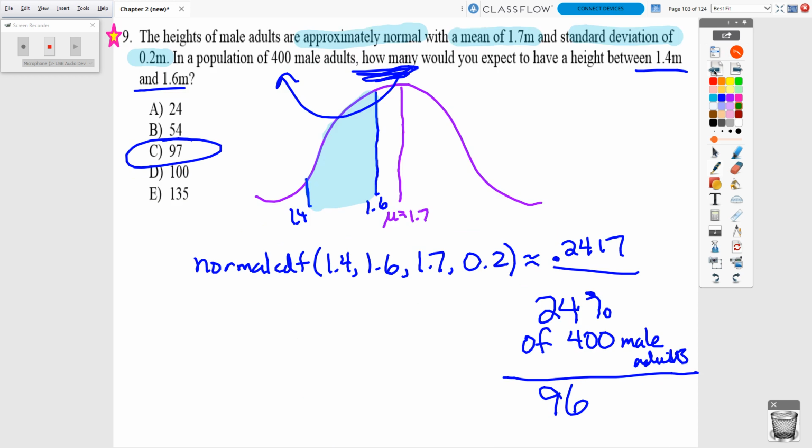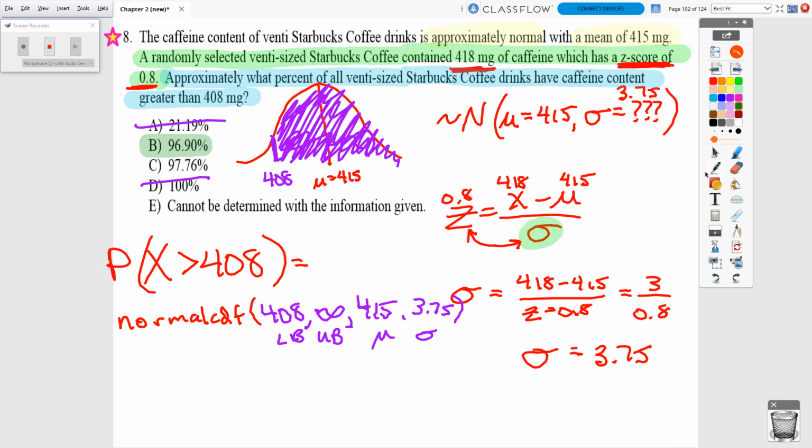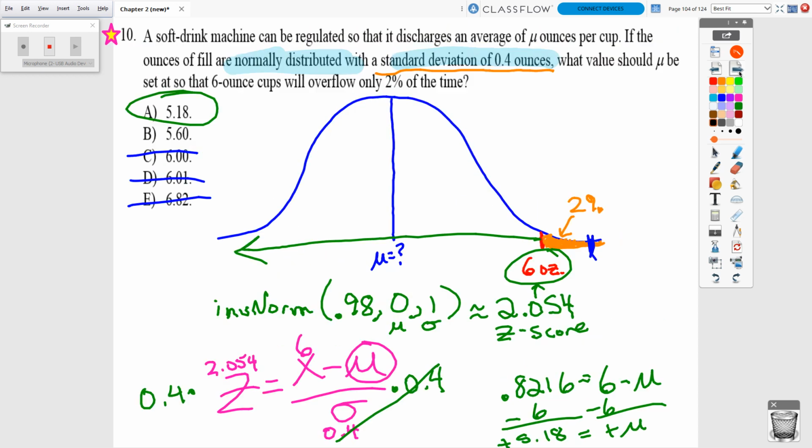All right, so again, this problem and the Starbucks problem are going to be really good, in-depth multiple choice problems that are either going to make or break your chapter test grade. So be sure that you're comfortable with doing problems like 8 and 10. And that's all for our multiple